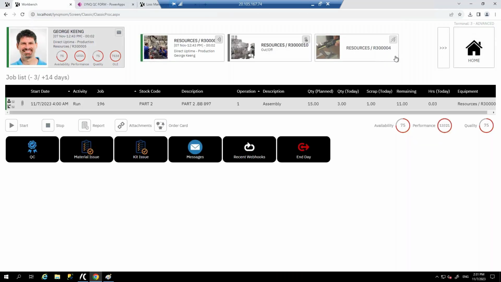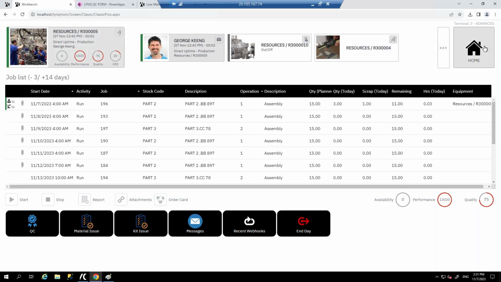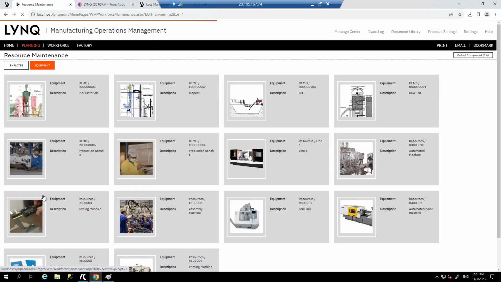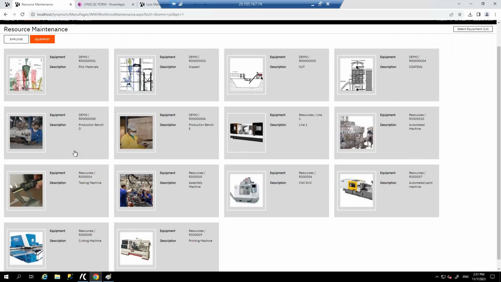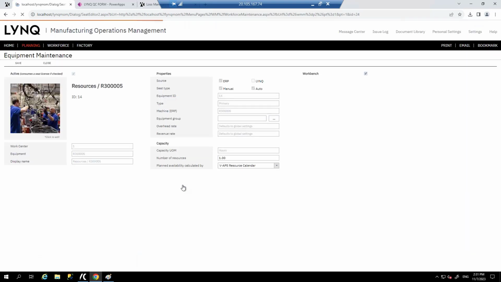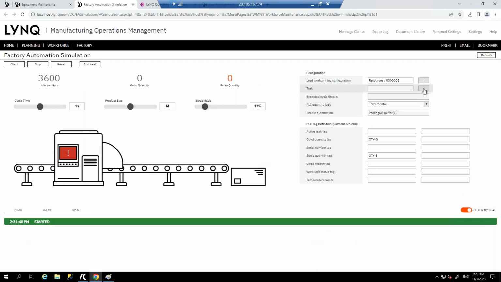So that's manual data capture, and there is obviously a possibility to run automatic data capture. For instance, this particular resource is enabled for automatic data capture. If we show you that very quickly, because I'm sure we're getting close to running out of time here. So where is it? This one. This particular resource has a Siemens S7 PLC controller on it, and I'm going to run a quick simulation to show you what this potentially looks like.